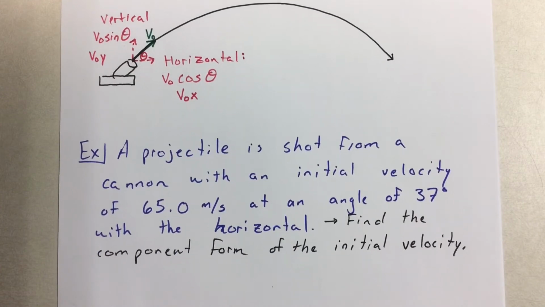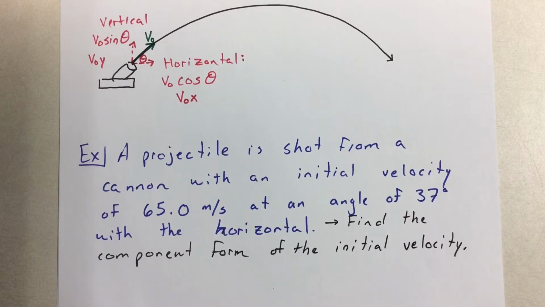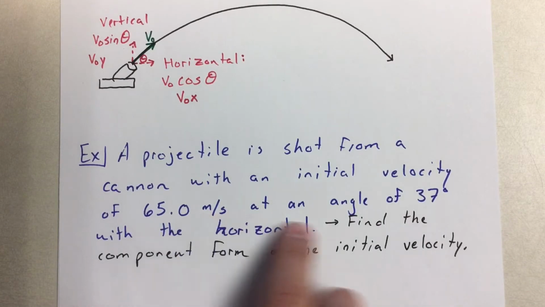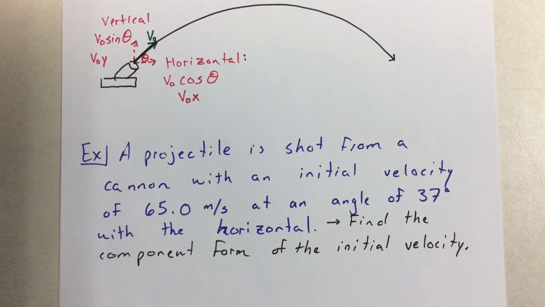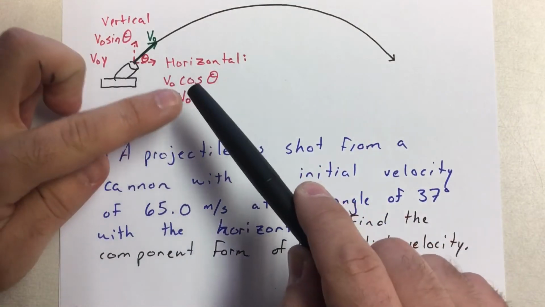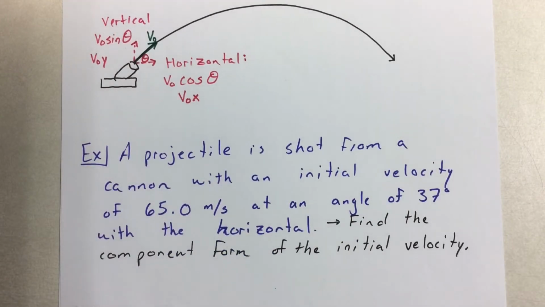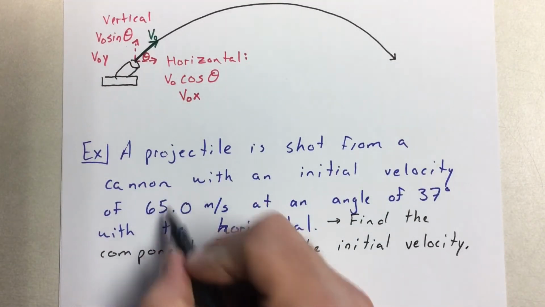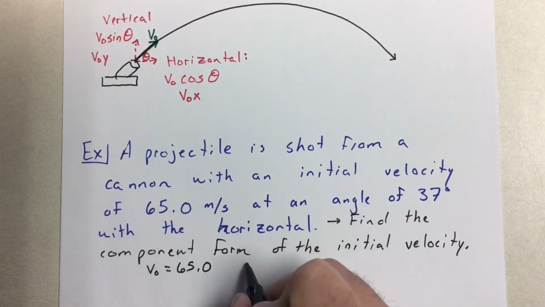So a projectile is launched from a cannon with an initial velocity of 65 meters per second, so there's our v sub 0, at an angle of 37 degrees with the horizontal. Find the component form of the initial velocity. So understanding what we have, the two components, v sub 0 times cosine, v sub 0 times sine, we have our initial velocity, we have our angle measure,